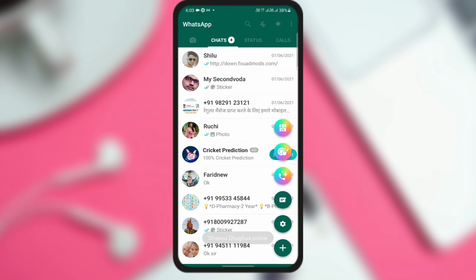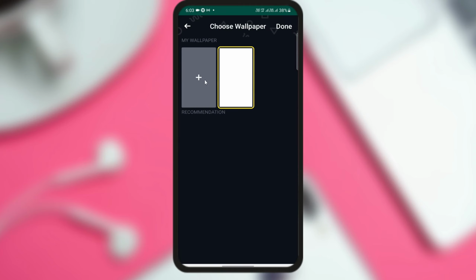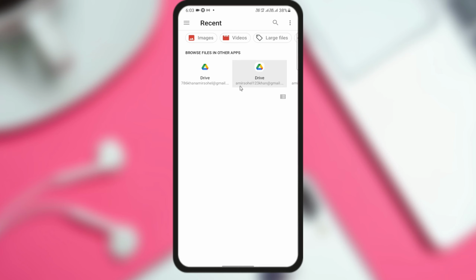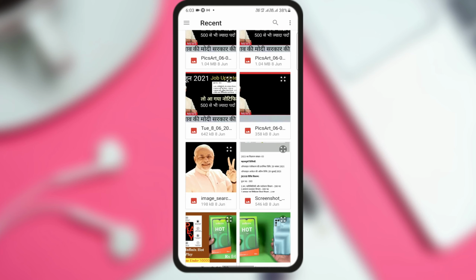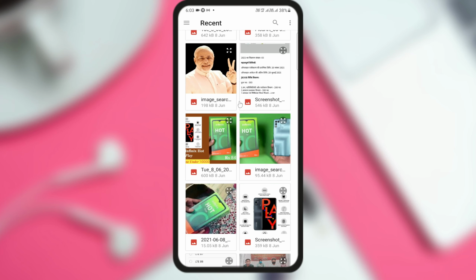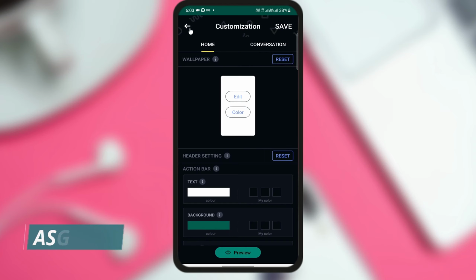The second option, as you can see, is dye theme. When you click here, you may say this is the customization option. If you want to make any changes in home, like changing the background color or applying a wallpaper, you can click here, and thereafter you can choose any wallpaper available in your phone. As you can see, I haven't downloaded any wallpaper, so that is why the wallpaper is not shown here. I'll just give you an example. When I click on this image, you can see that it is coming in the wallpaper section. When I click on done, this will be my wallpaper. I'm not going to use it.